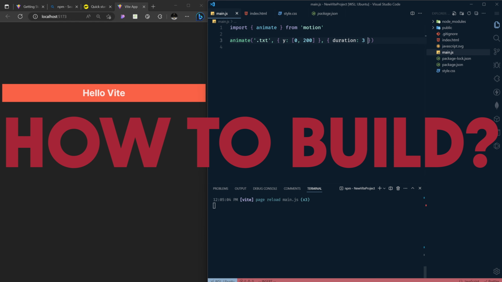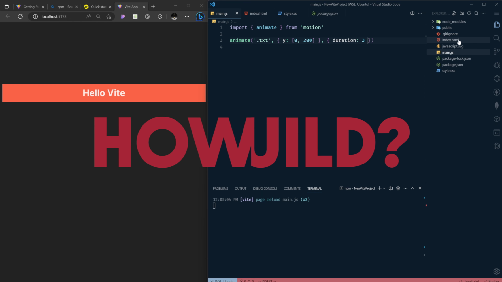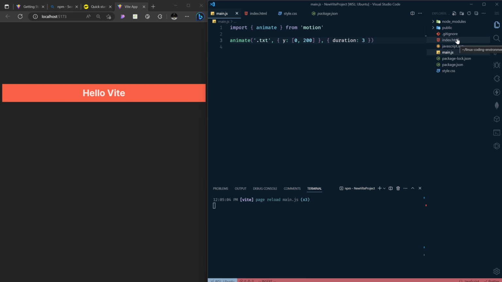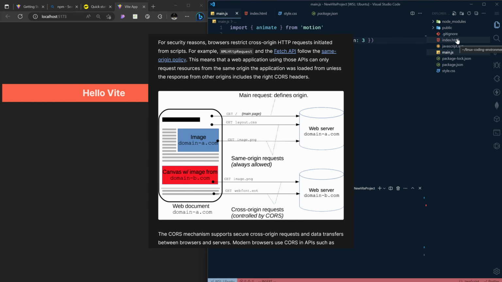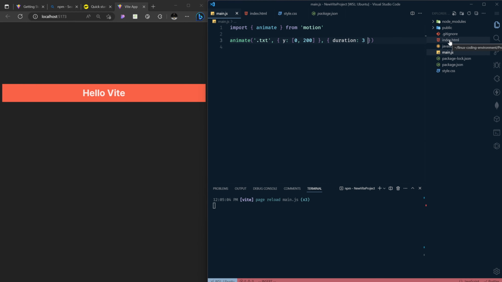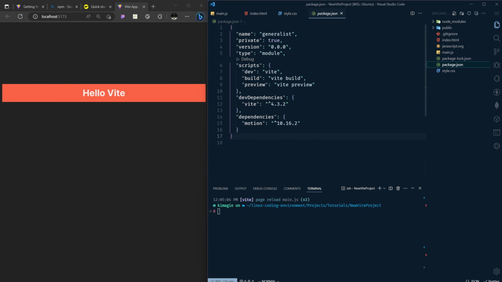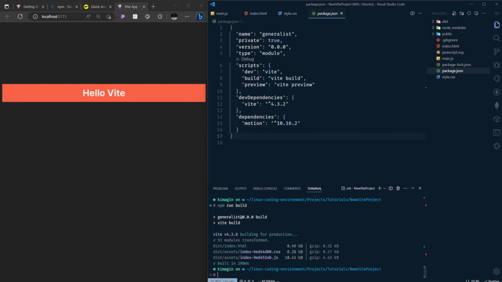Let's say when you create your project, instead of using a live server, because of something called CORS, it's like a security protocol or something that doesn't let these kinds of projects use live server. So you are not gonna use live server after this. Instead, what you are going to do when you want to deploy your project, you are going to type npm. Let's go back to our package.json, and as you can see inside our scripts, we have build and preview. So we can type npm run build, and as soon as you are running this, you see there is information